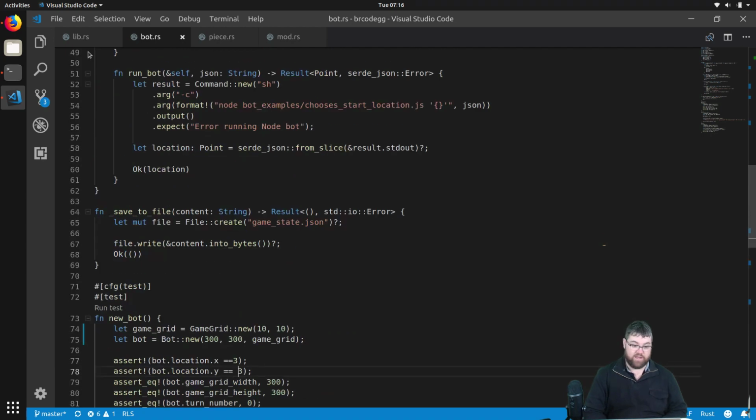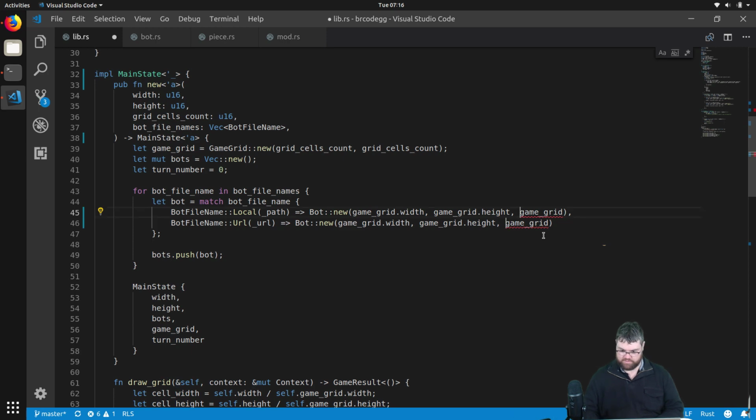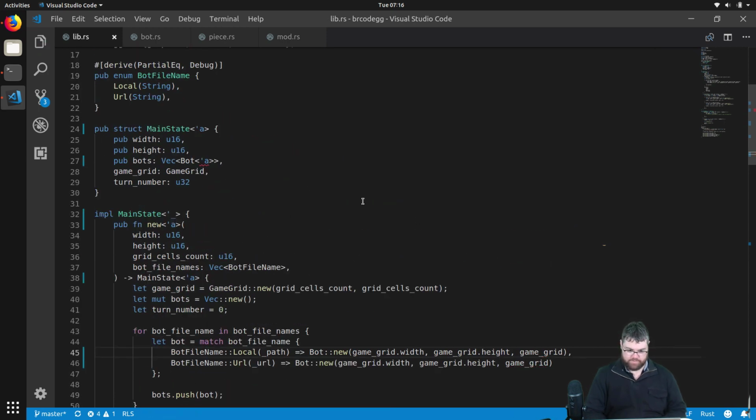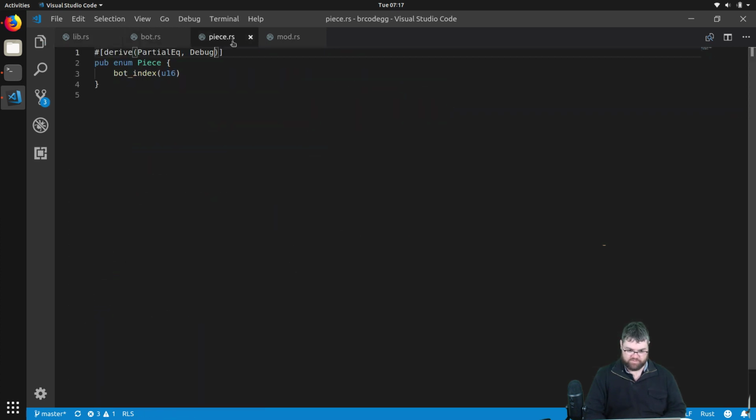All right, so no errors there. In the library there's going to be an error because we don't want this ampersand. Get rid of you. And we don't need this lifetime anymore. Get rid of you. And we don't need the anonymous lifetime anymore. Get rid of you. And don't need you. So we have,